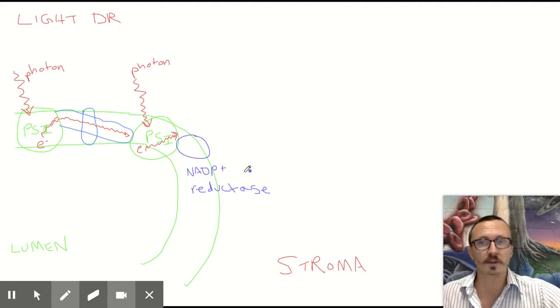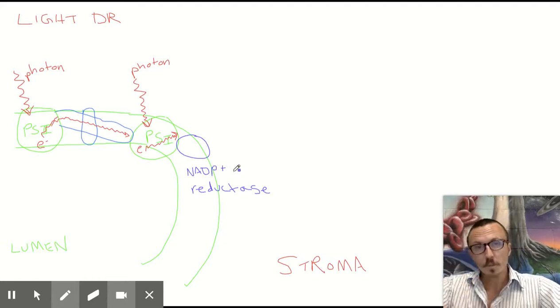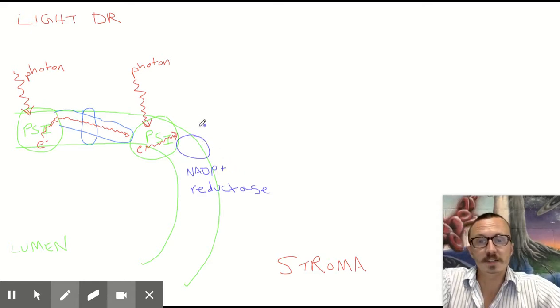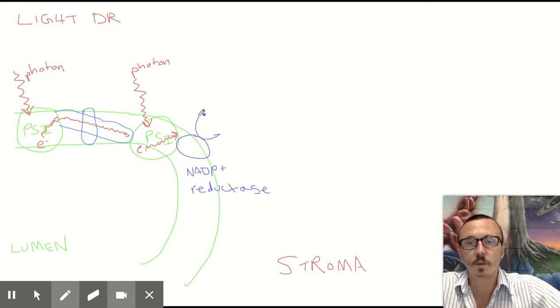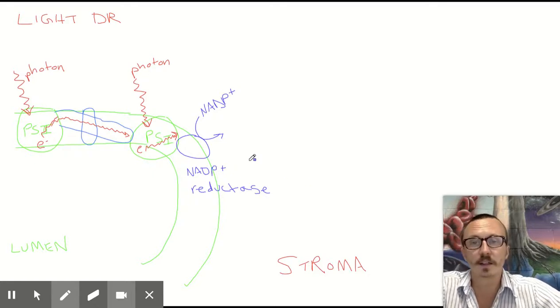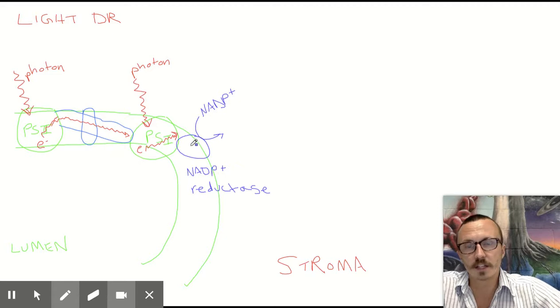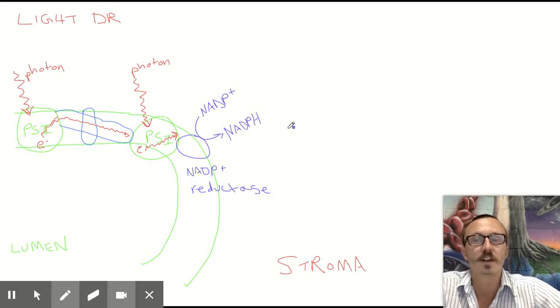It's going to be reduced, right? Now, what does that mean? Well, it means that we can take NADP plus, and this molecule has a really crazy long name that we're not going to bother with, and the NADP plus reductase drops a bunch of those electrons off and allows NADP plus to become NADPH. And so now this molecule has the ability to carry a bunch of extra electrons as well as a